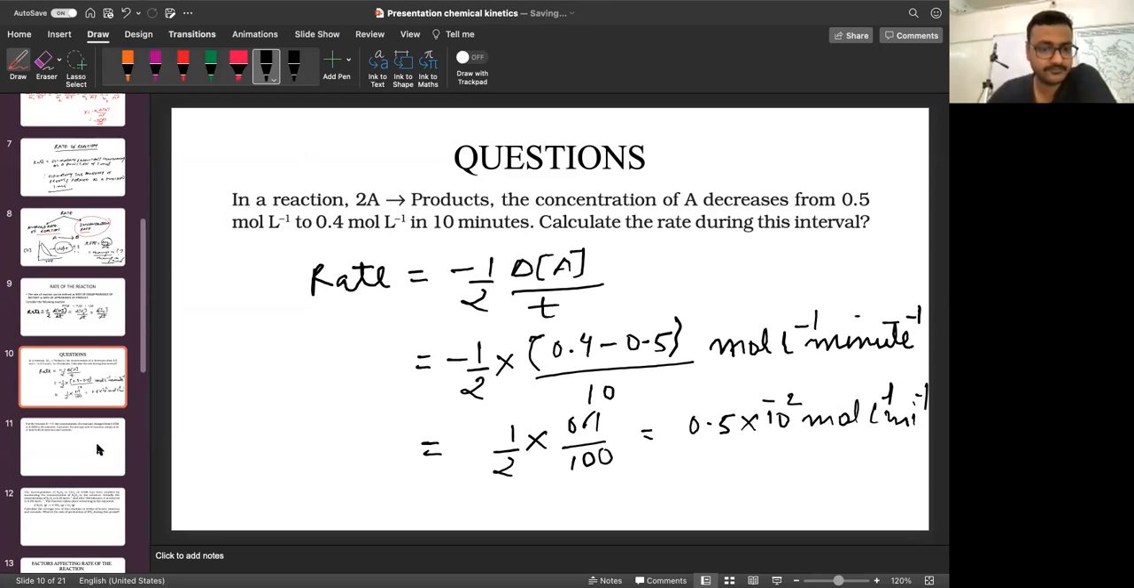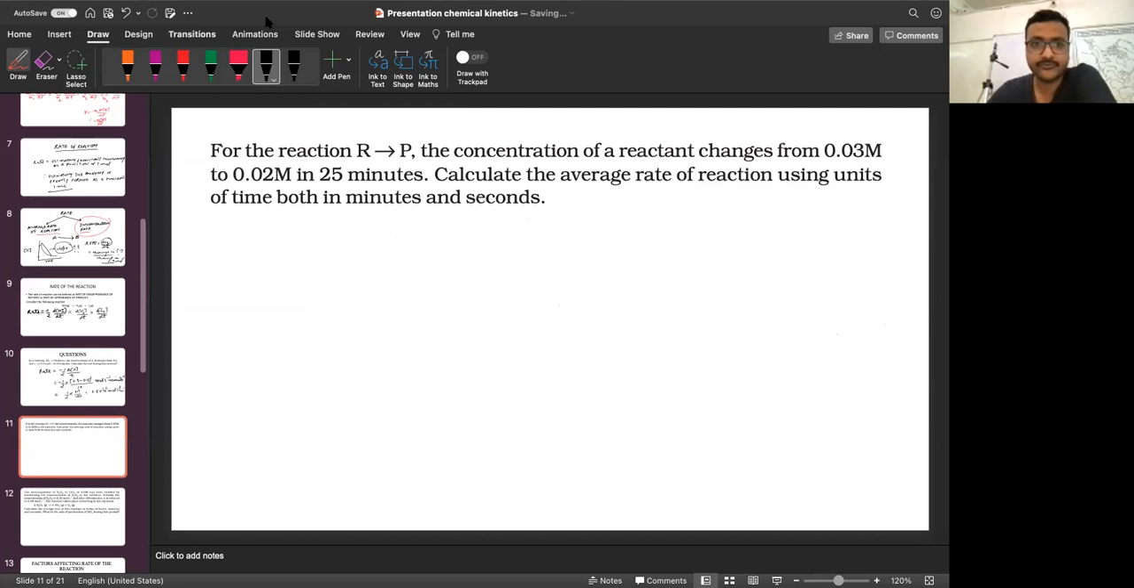So here we have another question. What does it say? For a reaction R to P, the concentration of the reactant changes from 0.03 M to 0.02 M in 25 minutes. Calculate the average rate of reaction using units of time in both minutes and seconds. Okay, so rate will be equal to, since we have stoichiometric coefficients 1 and 1, it will be delta R by